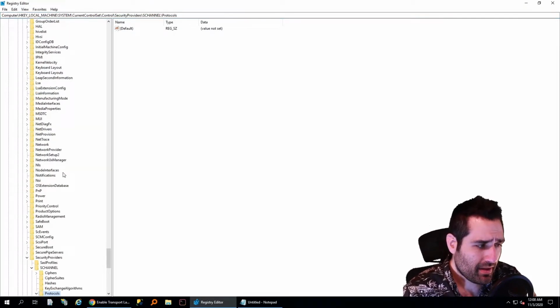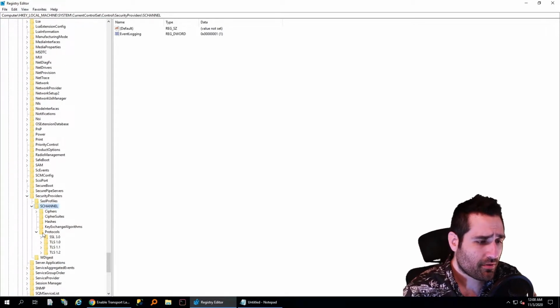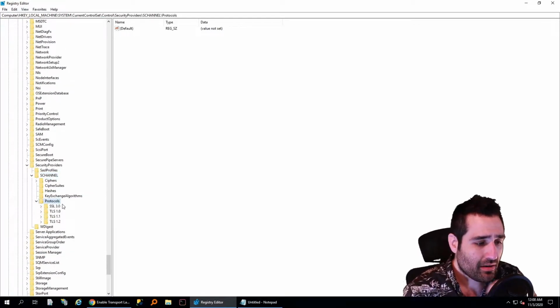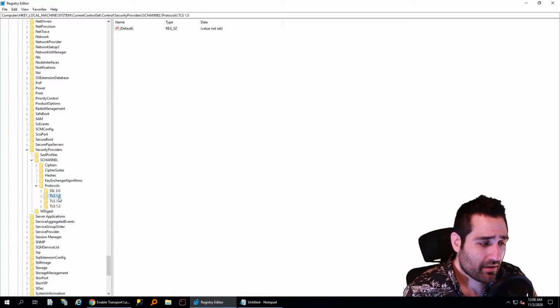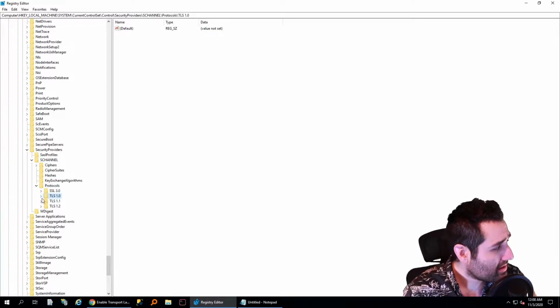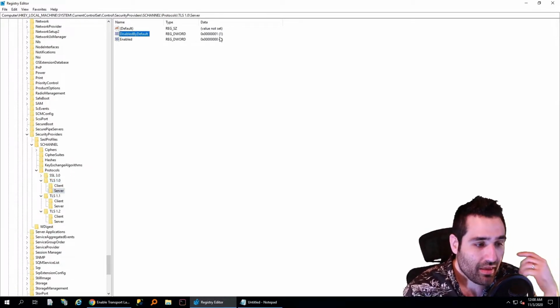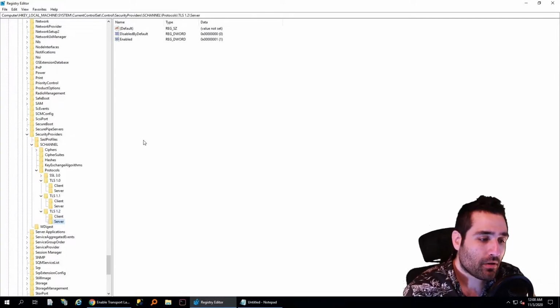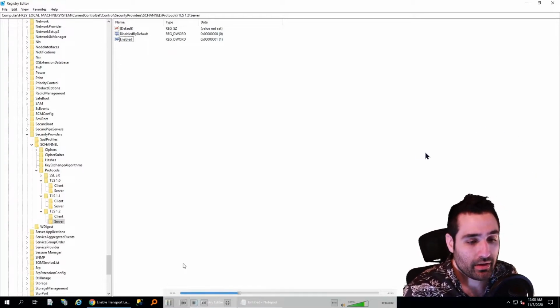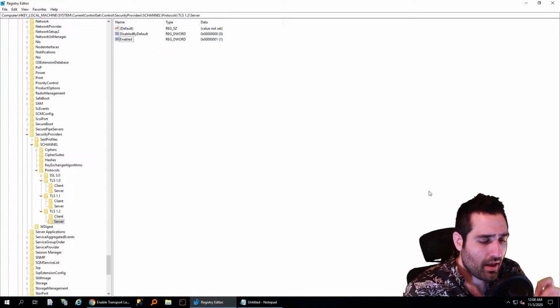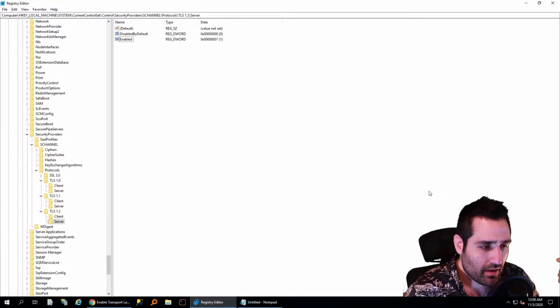Something that might confuse you if you're doing this for the first time is that some of these folders might not be there: SSL 3.0, SSL 1.0, 1.1, 1.2. The only folder that was here for me right off the bat was SSL 3.0. I had to go in and create the folders for TLS 1.0, TLS 1.1, TLS 1.2. And in addition to that, I also created these